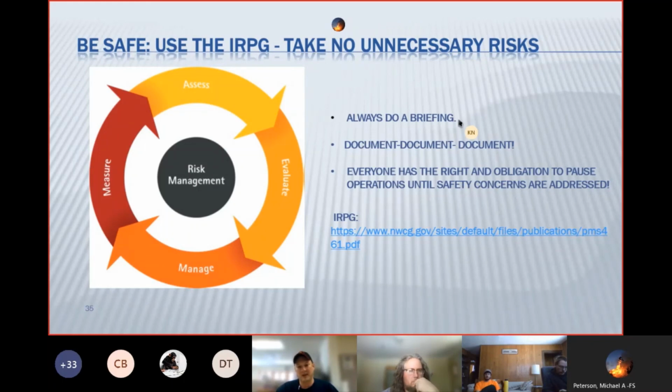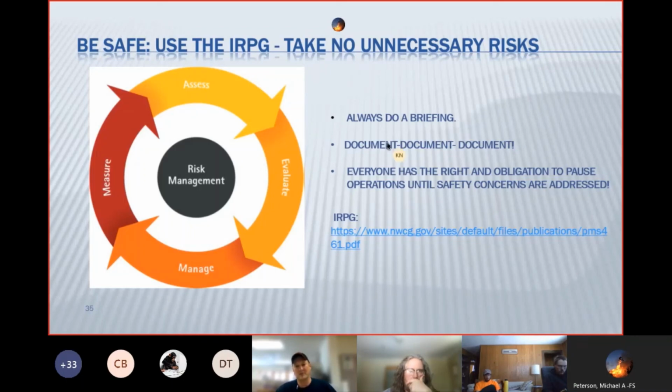If you get a briefing and you understand it, and you can look at the briefing checklist in your IRPG again, you'll make sure that you have all the items that the chief's talking about in her letter of intent as ways we can mitigate risk and hopefully get everybody home safely this year.